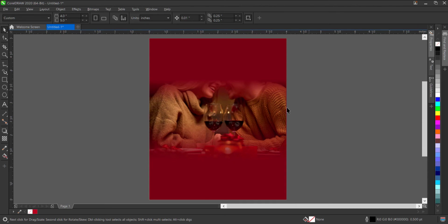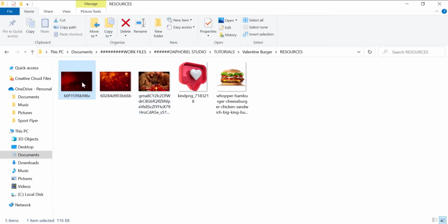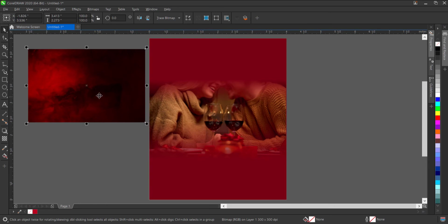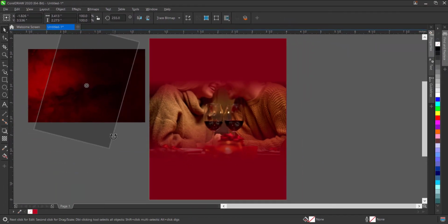So I'll move over to my resource file. And this particular one, this is what we'll be using. So I'll just drag and bring inside like this. So while it's here, what I would like to do is I'll click to bring the adjustable parts of this image, so I can have my skew and rotate, but I won't be using the skew, I'll be using the rotate. So I'll just rotate this like this,